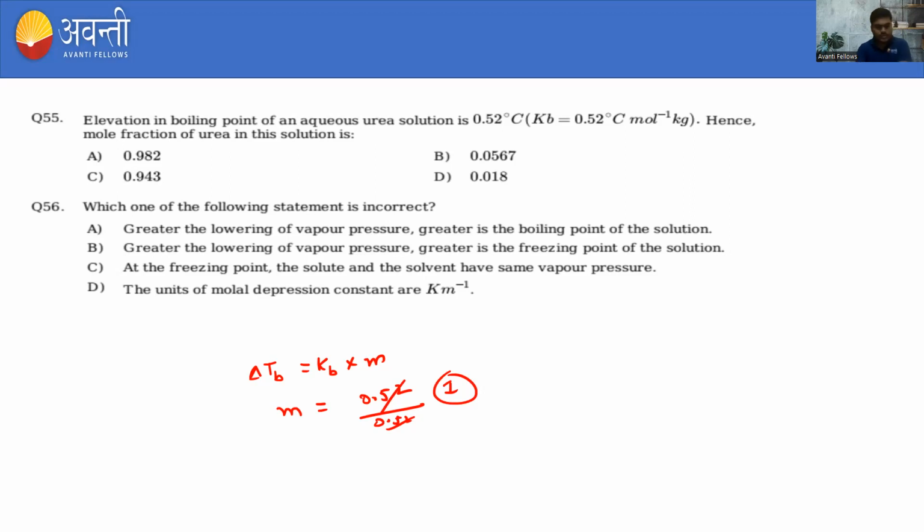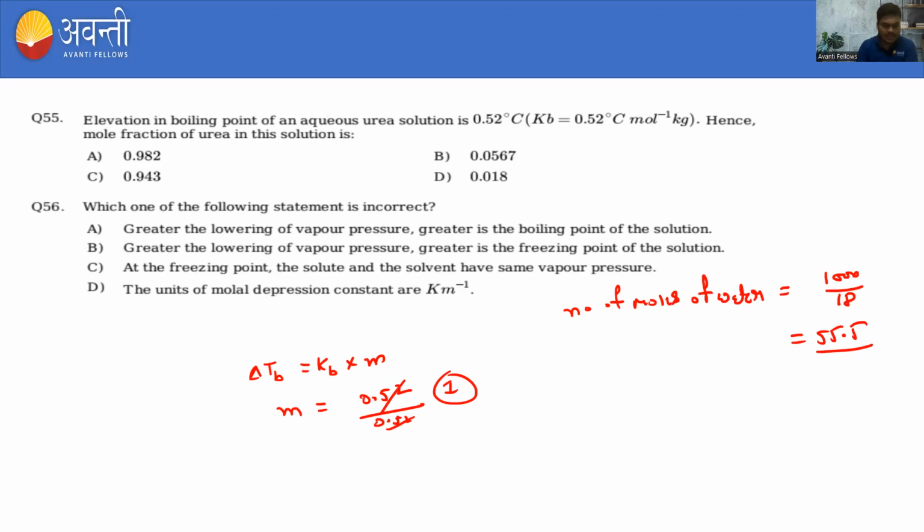So, the number of moles of water in the solution is equal to 1000 by 18, which is equal to 55.5. This is a very common calculation. We already did this many times, right? So, this is equal to